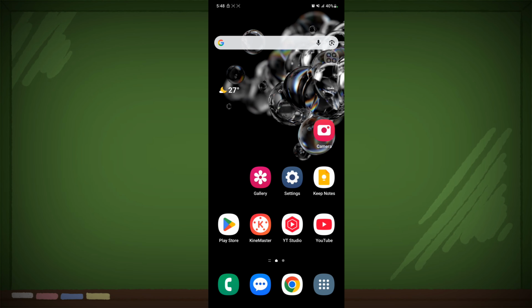In this video, I show you how to fix the Samsung Galaxy A15 or A16 camera flash not working problem. For fixing this problem, go to settings,